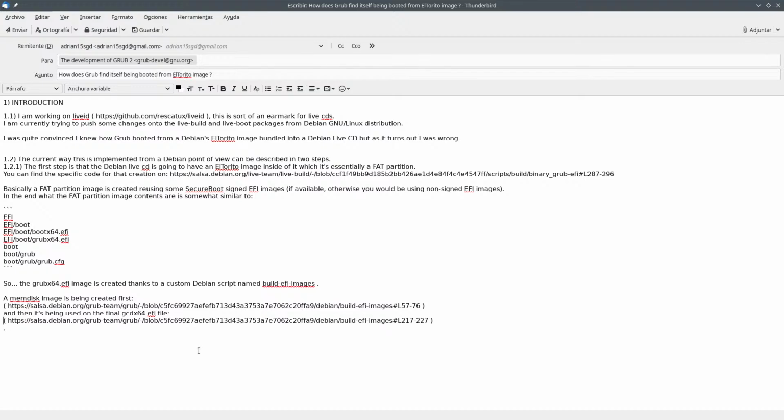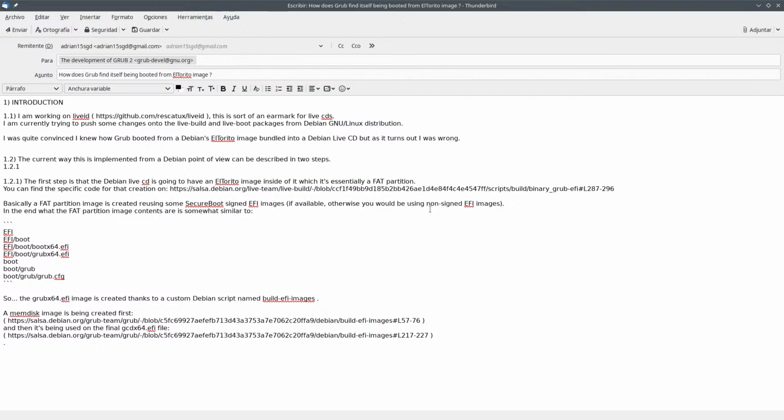Okay, so two steps. The first step is creating a GRUB x64 EFI file,